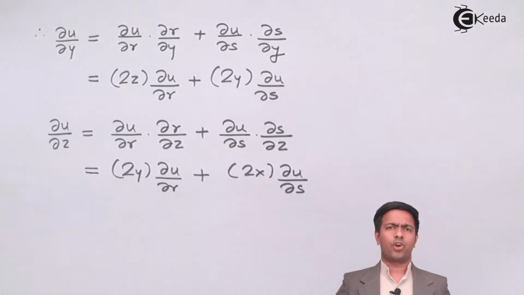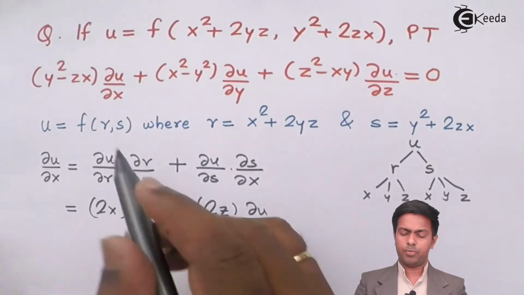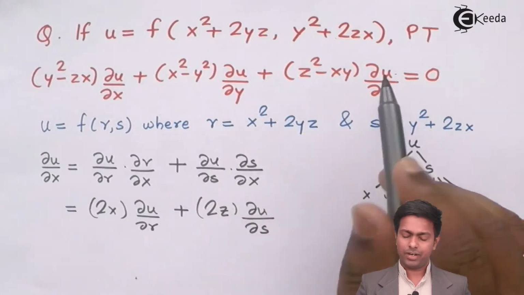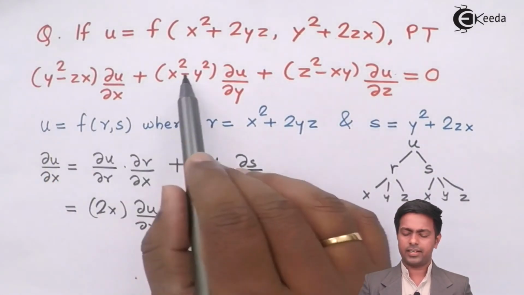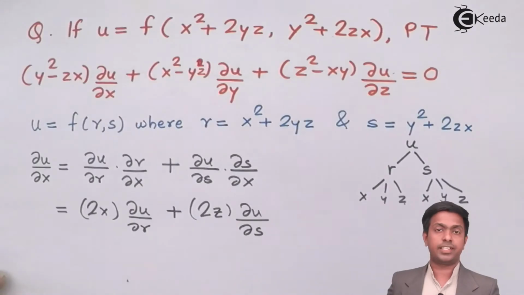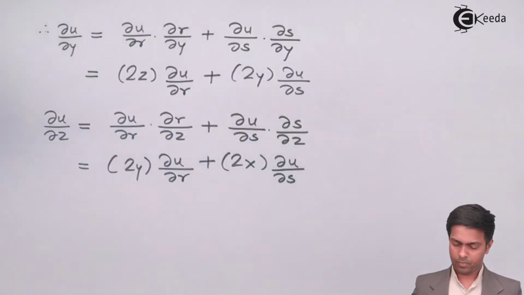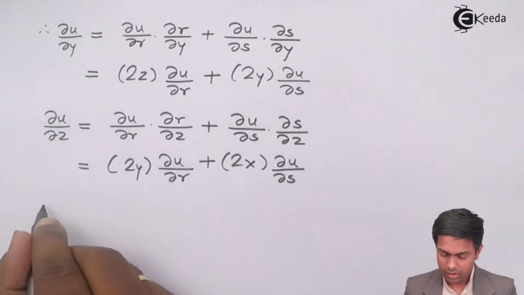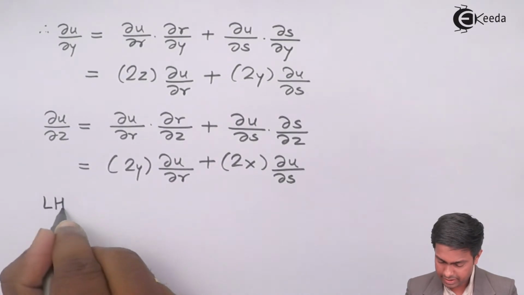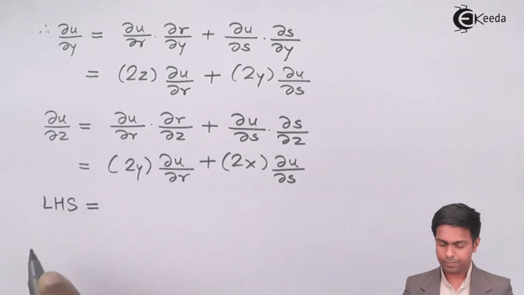Now guys, we got all three values. That is the value of del u by del x, del u by del y and del u by del z. Now let's multiply it with some factor and let's add it. So let's see what we get. So here LHS is equal to, now